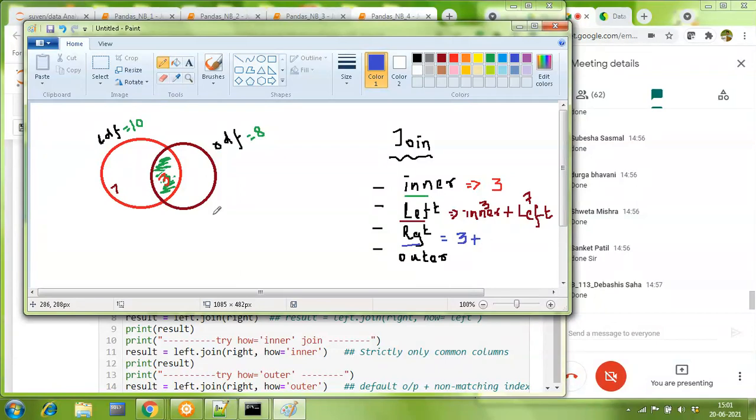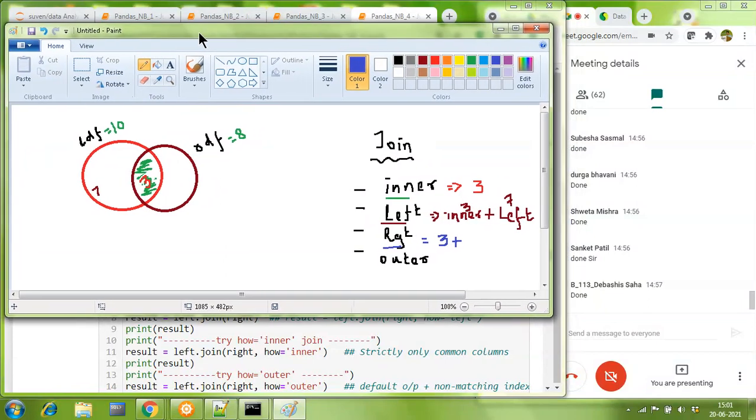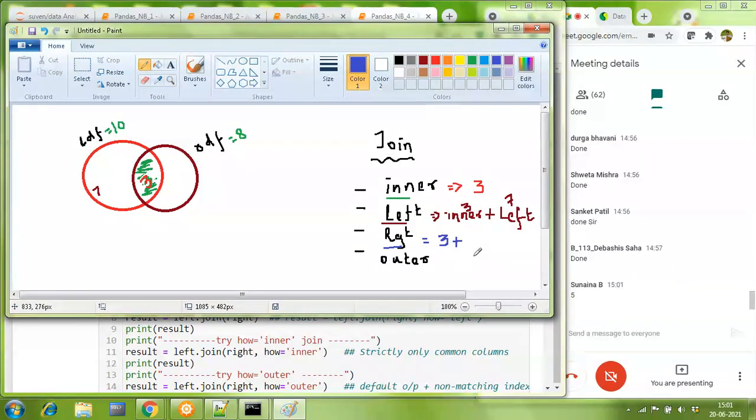Come on, try. 3 plus what? 3 plus 5, that's right, very good. 3 plus 5, because the right data frame has 8, and 8 minus 3 is 5. So right table means find what is common plus take whatever is left with the right. So 5 records are left for the right table, you take that also.